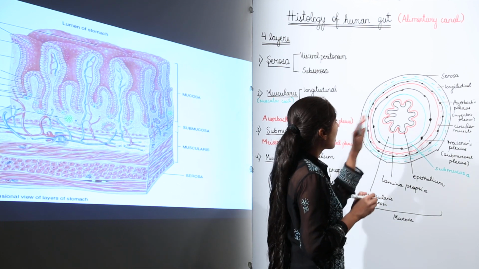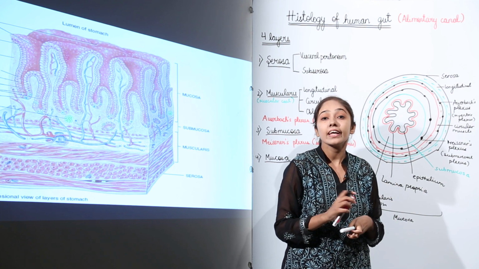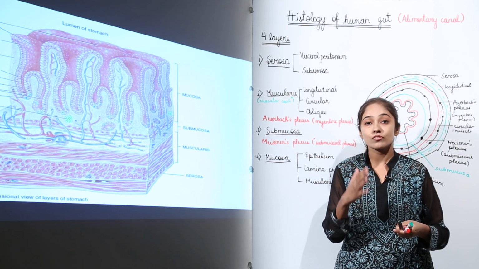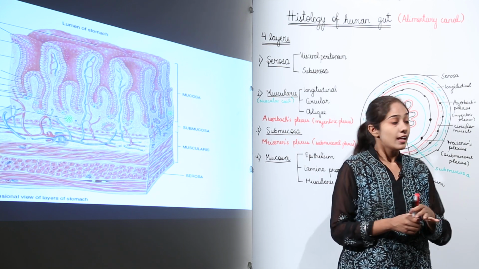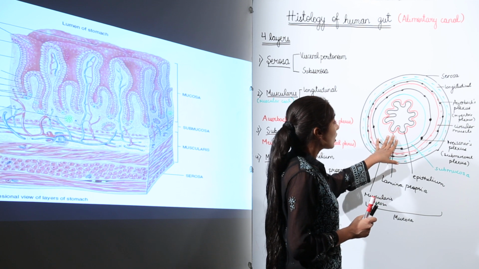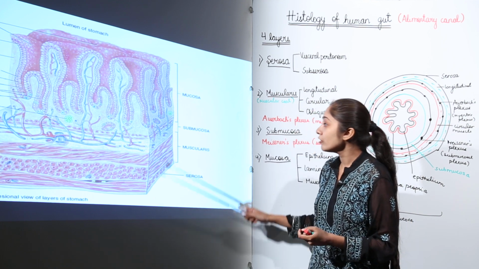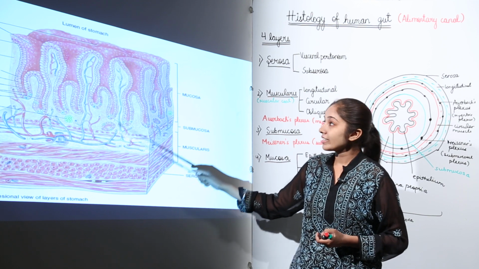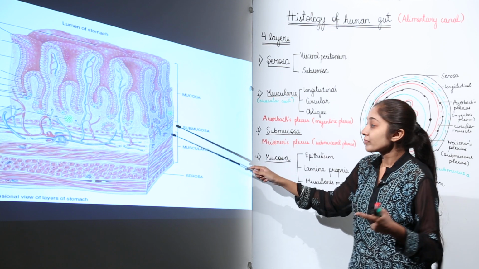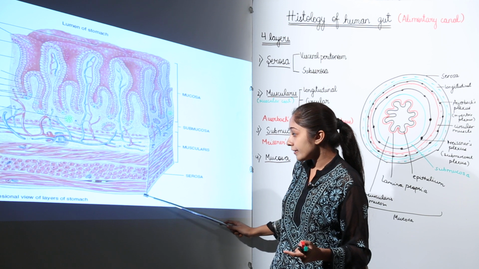So this is how you are going to draw the TS of human gut, that is a transverse section of human gut. And remember, if we talk about the blood vessels or the lymph vessels, they are present over here with the submucosa part. You can see in this 3D image that we have this serosa layer, right, which is